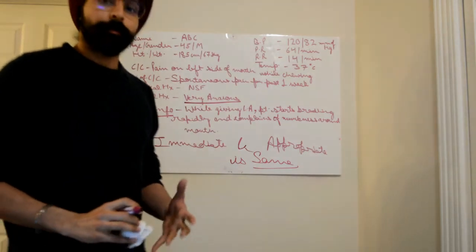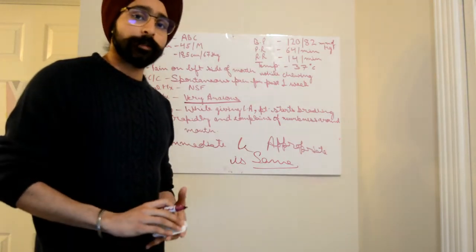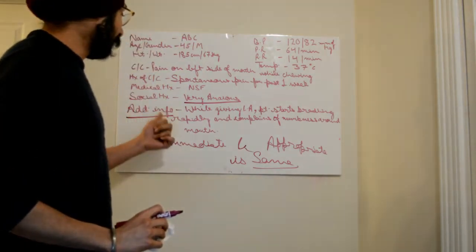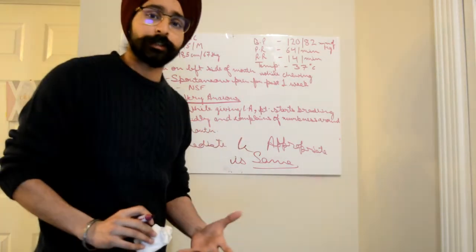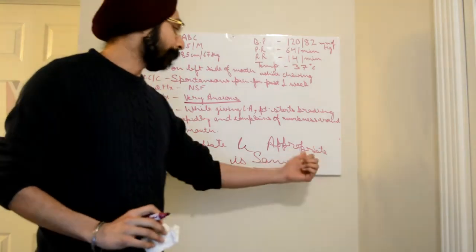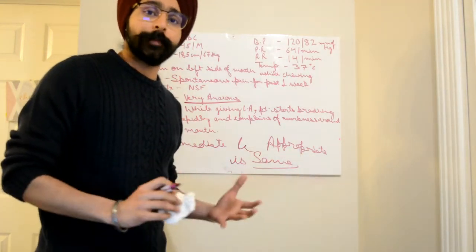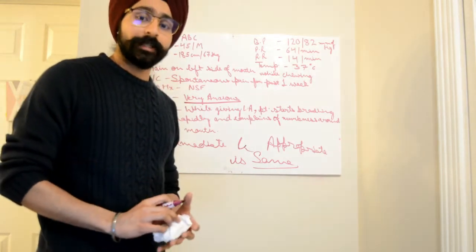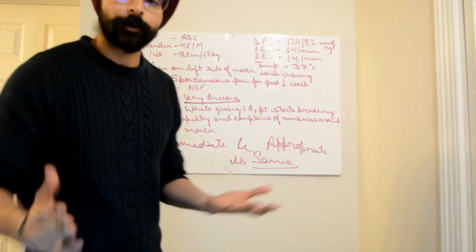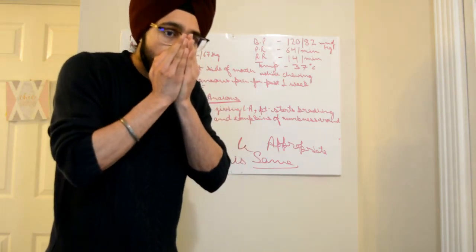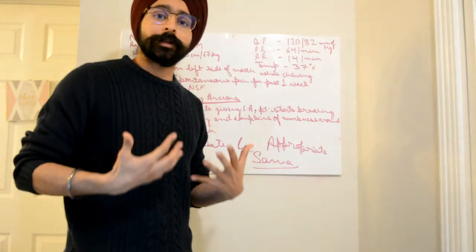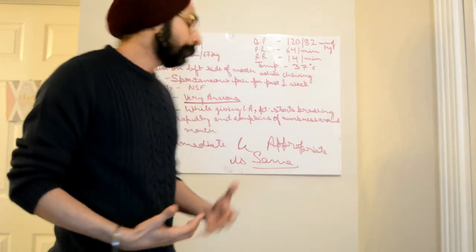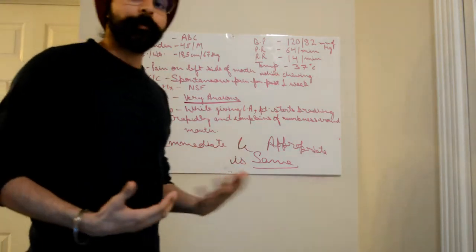If you remember the template, there was an option which was called breathe into cupped hands. So guys, the answer of the hyperventilation, that is the immediate and appropriate management for the hyperventilation, is breathing into cupped hands. So whenever a patient breathes into cupped hands, for example like this, it helps to increase the level of carbon dioxide in the blood of that patient. This is the treatment of hyperventilation.